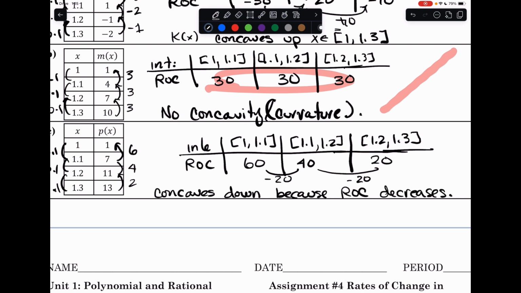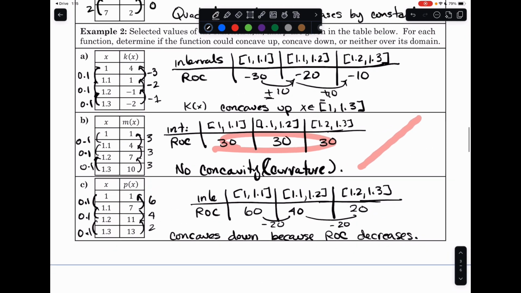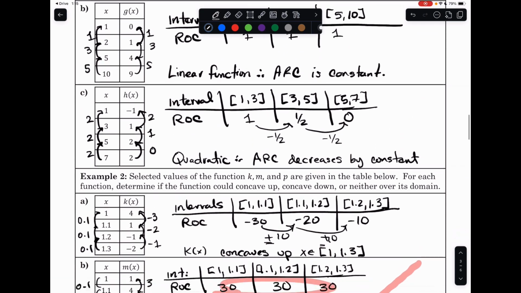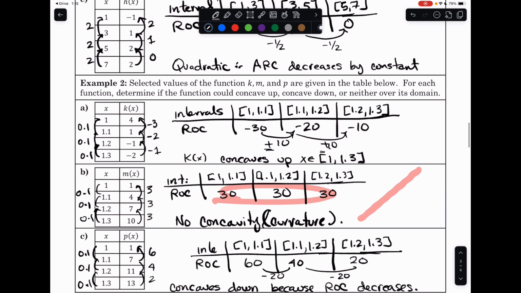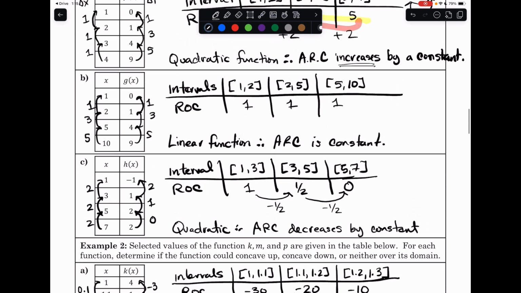So there you have it. All right, so that concludes our notes. And just to recap, we can use the rate of change not only to determine if our graph concaves up and down, but also to determine if we have a straight line